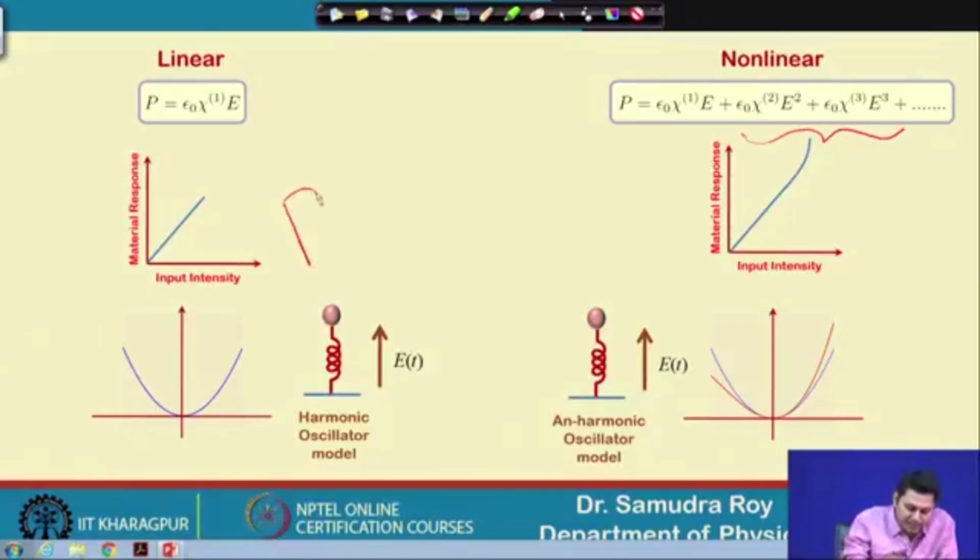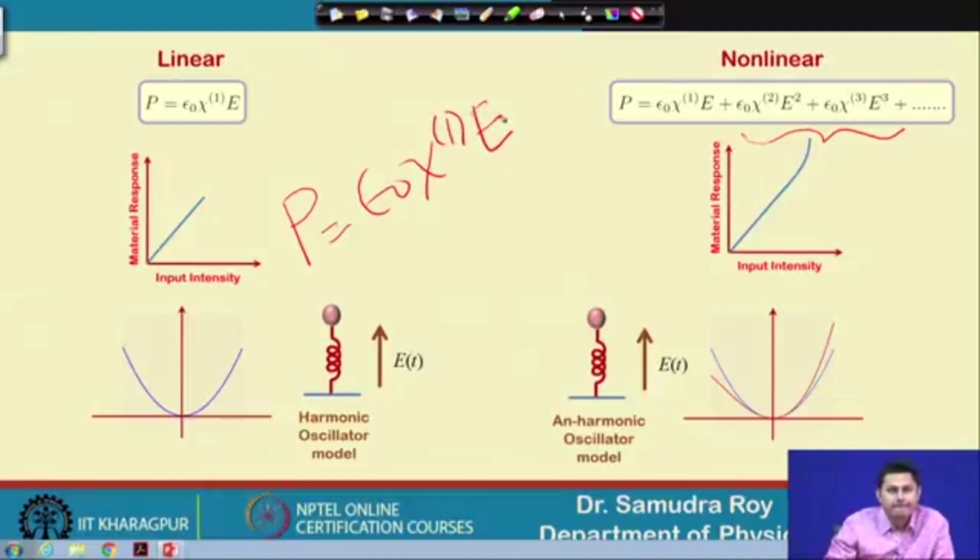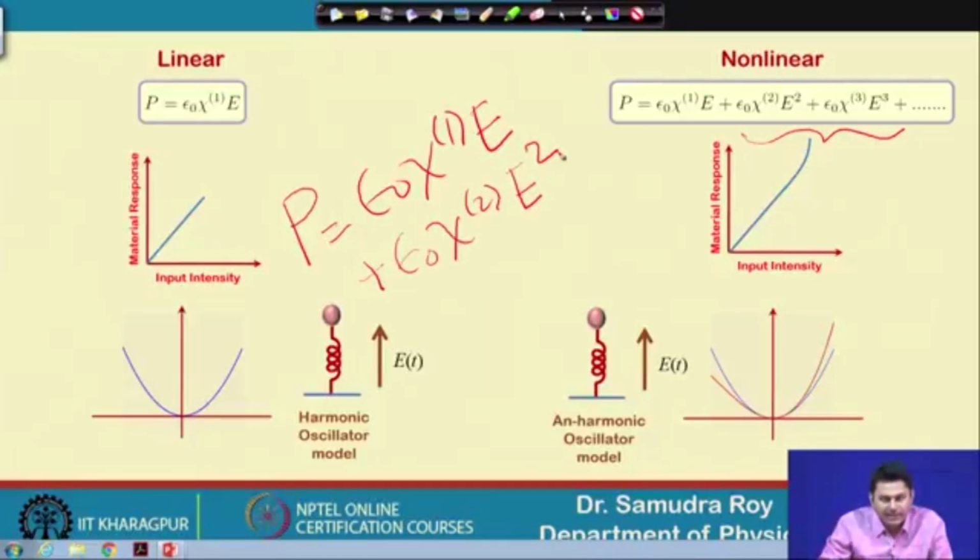So, P equal to epsilon 0 chi 1 E, this is the linear term up to this. Now, on top of that we need to write the higher order terms also. If I write the first higher order term, then it should be epsilon 0 chi 2, this is the second order susceptibility, and then E square. So, what it means is that my polarization now depends not only on E, but also on the square